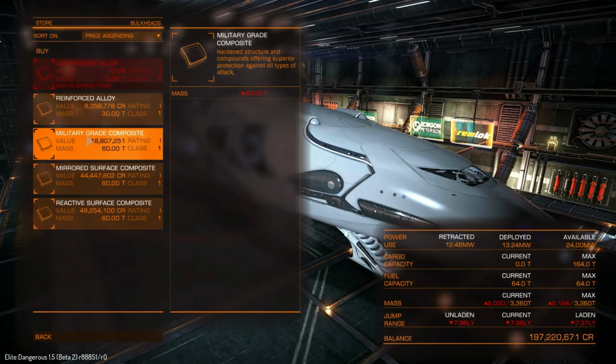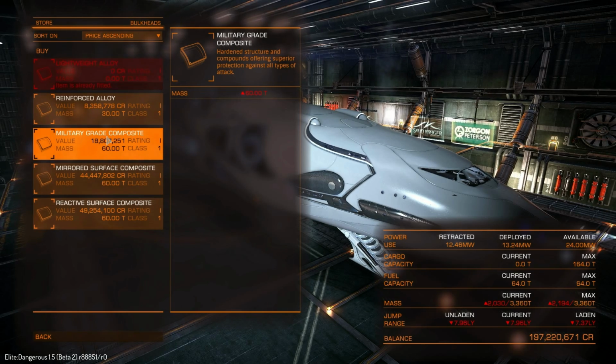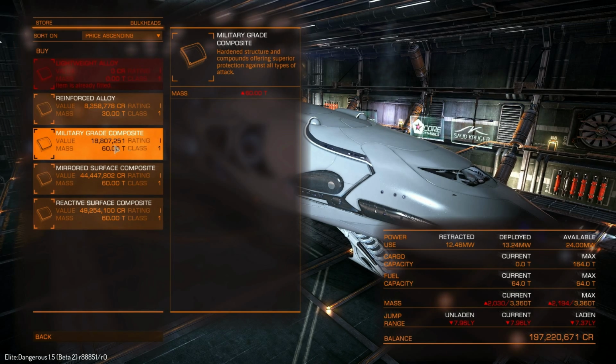The prices that are stated here are 10% of the normal live server prices, because that's how the beta server works. All beta server prices are only 1/10 of what they are on the normal server, so that gives us a chance to actually test everything. Because otherwise, I wouldn't be able to test all the A-rated ships that I could, because I'd need to be a billionaire in order to do it. But anyway,